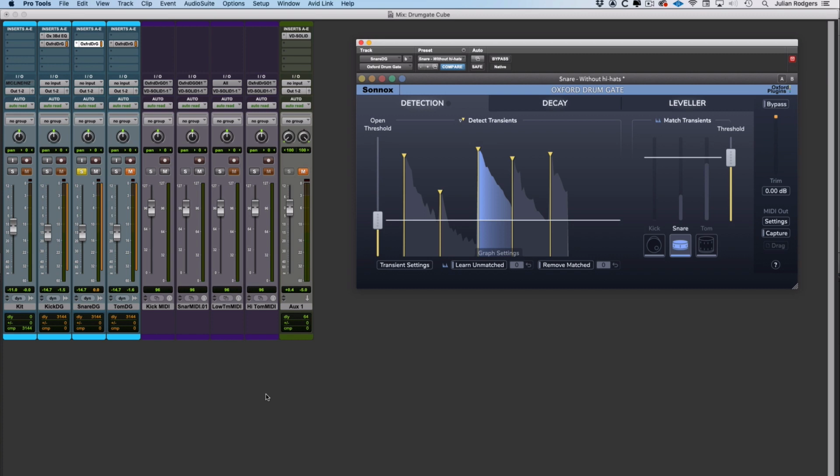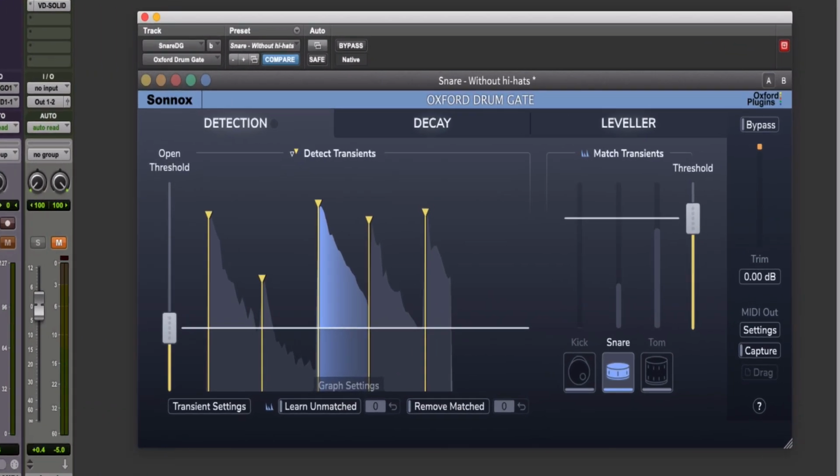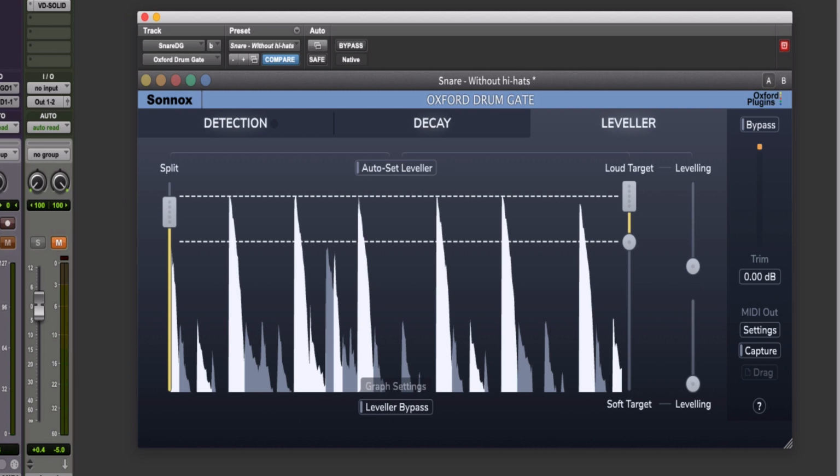But first off, what can you do with the leveler section? Well, the leveler is really clever. It's a kind of content-aware leveler plugin that reduces dynamic range, but not in quite the same way as a conventional compressor might do. To show you what's going on, if we come into the leveler tab here,